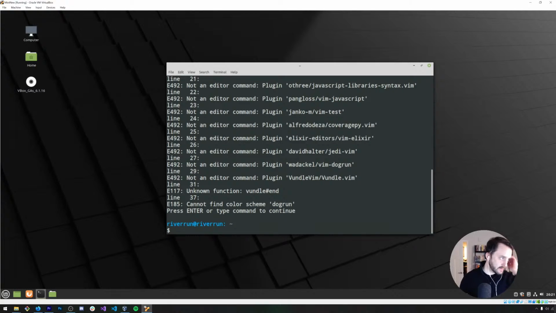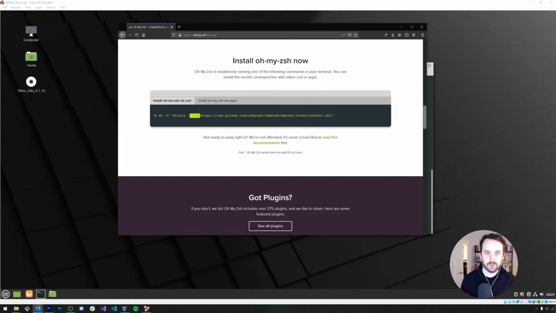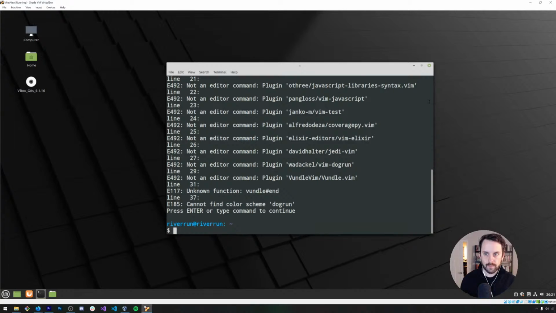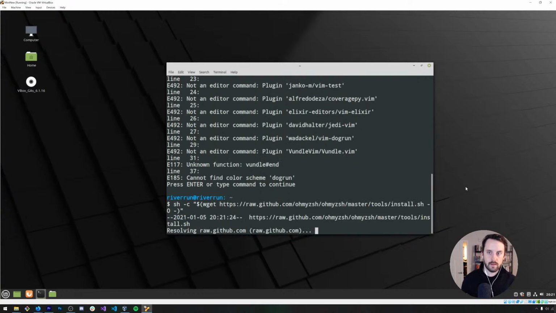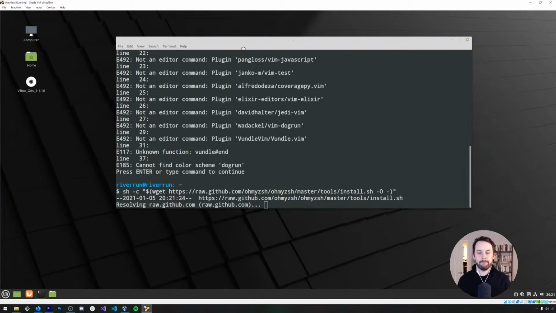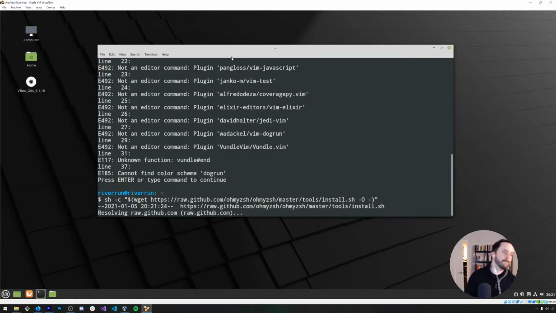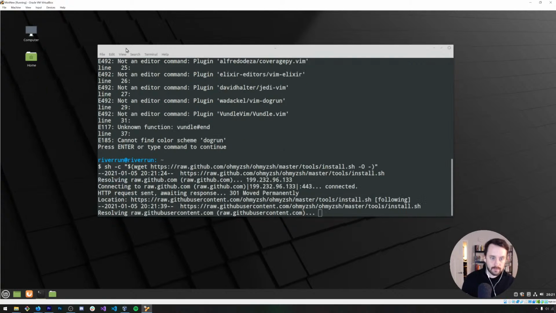Getting very close. Let's install Oh My Zsh. Let's use wget. While that's going, we can probably trash the guest additions, or eject it anyway.